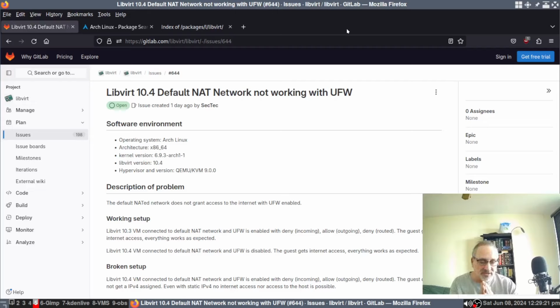What they're explaining here is there are two ways to temporarily fix the problem. Number one, you can downgrade to the previous version of Libvirt and it will work. I did that and it worked. The other way is you can stay on the newest version of Libvirt, but if you're using Uncomplicated Firewall, you have to turn it off. So I tried that. First I downgraded